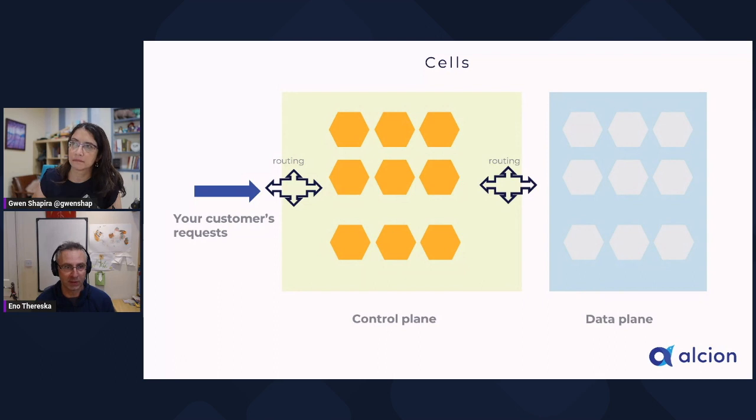So we have taken the control plane, and the customer requests come there. Instead of just sending this request to one control plane, we're going to break up this control plane into a whole bunch of things called cells. We can also break up the data plane. That's going to be interesting, sometimes not necessary. I'll give some examples later, but for now we focus on the control plane. Once we break it up, we're going to have a routing problem: how do we choose the right cell? But all of a sudden, we also have something really great, which is if something goes wrong with one of the cells, the other ones can continue to work. And they're all completely isolated and independent from one another, which is good.